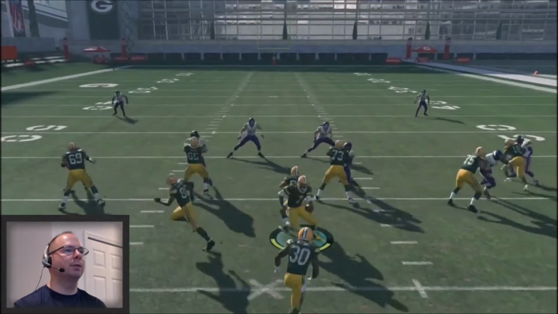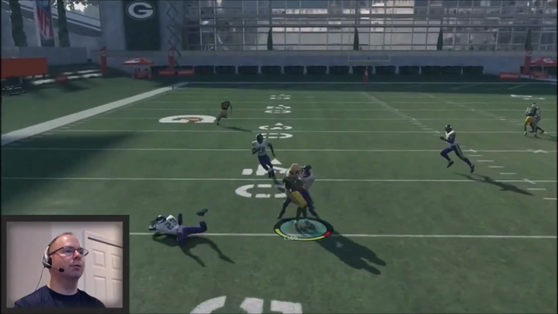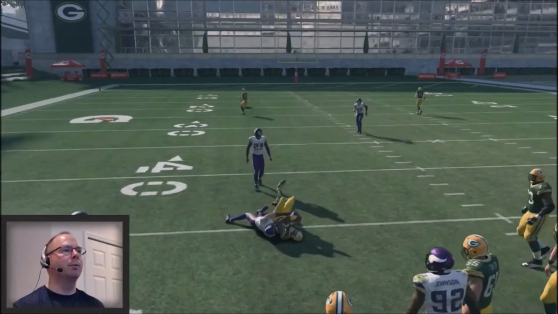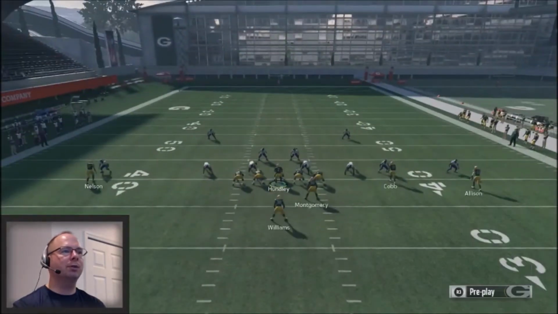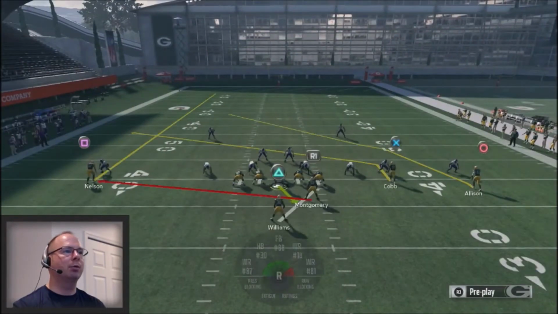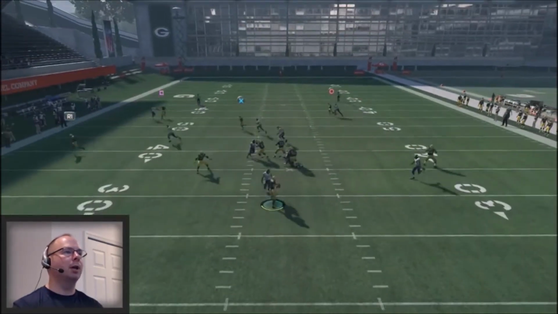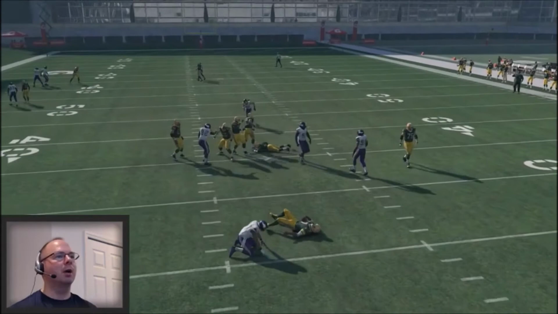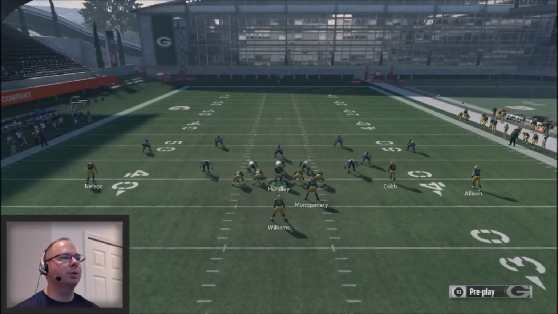So safety comes out. This is man 2. And we're just going to take it to the deep crosser right there with cover man, 2-man under with this play. So this really works the same way. You're really going to still make the same progressions, the same reads. It's not going to change that much, and you're going to be able to just take it from there. So as you can see, this could be a very good play to use against